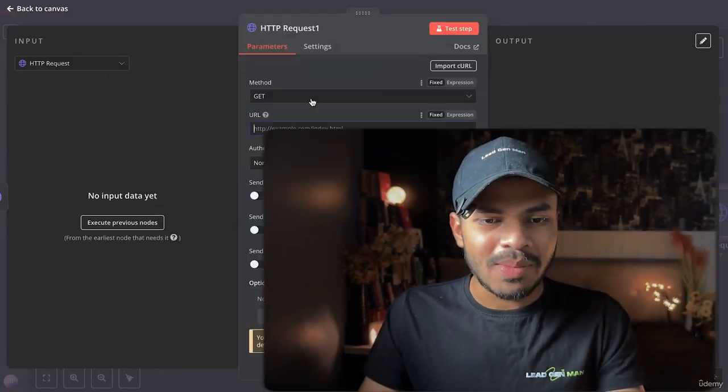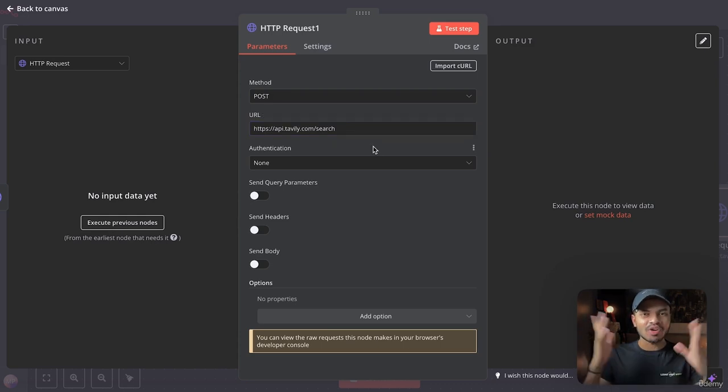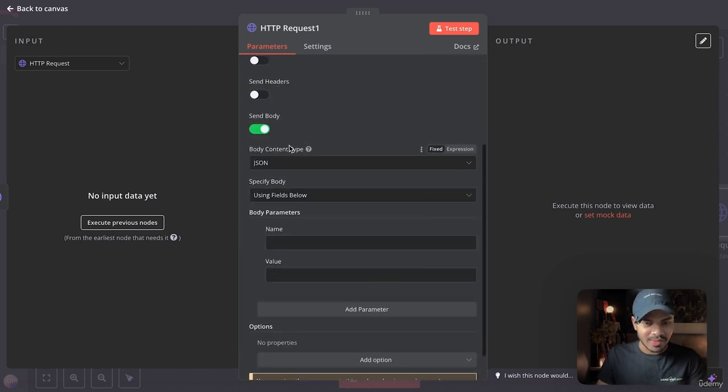Again, nothing too crazy. By using an HTTP request, we allow both of these applications to talk with each other. The method will be POST this time and this will be the URL. Again, I'm not making this up out of thin air. I have read the documentation so that you don't have to. And we can actually add the API key inside the body itself. So enable the body option and